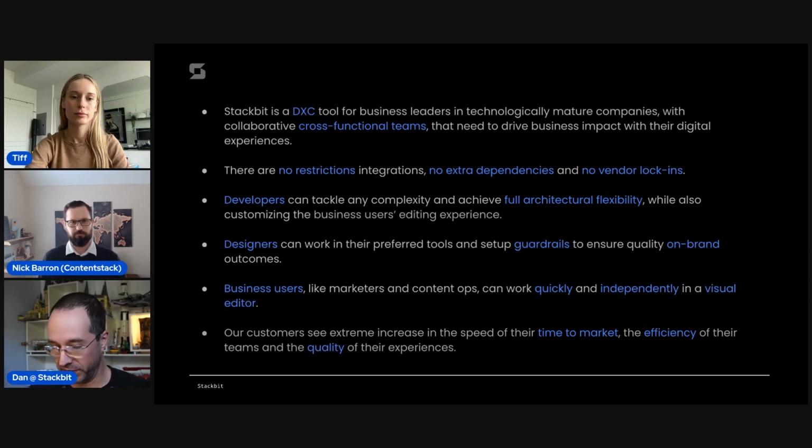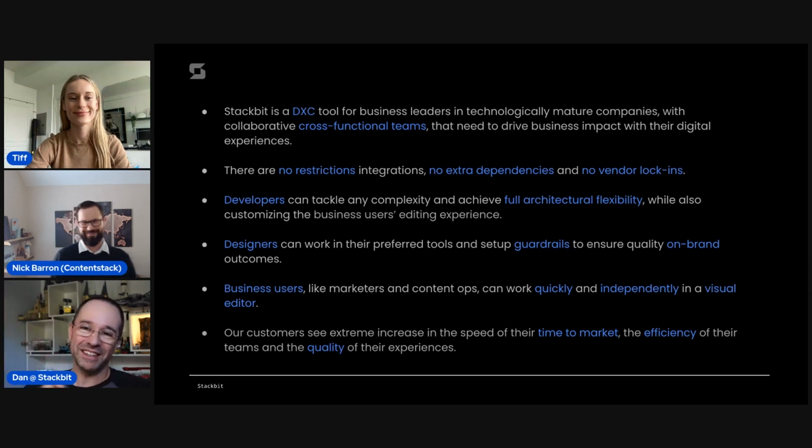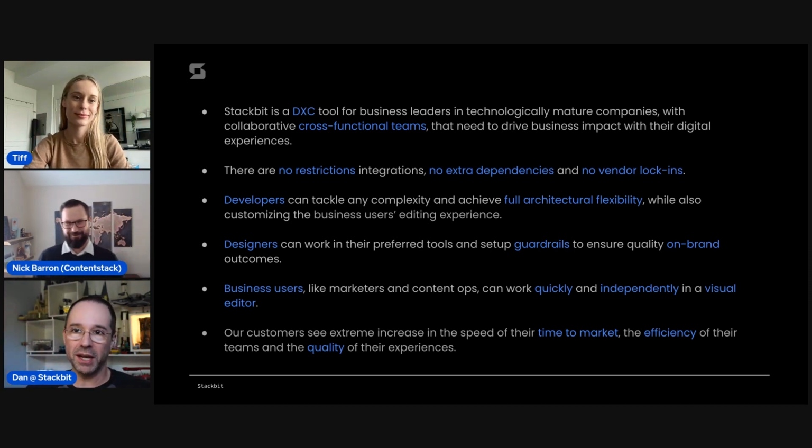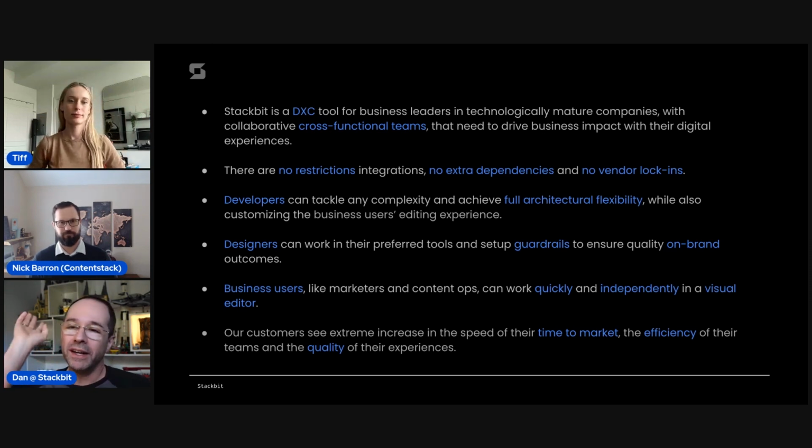What they're seeing with these platforms is that they end up being faster to market, both in the initial setup, but also in any subsequent changes that they're making. Both teams are more efficient, right? You don't have to have Jira tickets back and forth, like, hey, can you make this change and typo and whatever? No, developers can focus on the innovation. Marketers can focus on just getting the job done, and you end up with a more quality experience, because you don't have to compromise, like, oh, I won't do this change because it will take too long or whatever.